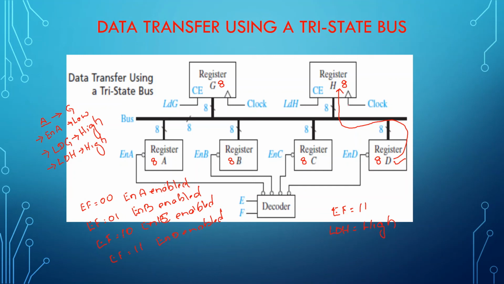You can connect the data between multiple registers and multiple registers. You can have multiple registers at one end and multiple registers at the other end, and you can choose from which register to which register the data has to go. Every register will have its own control signal. Based on the control signals, it will decide which register is giving the data and which register is accepting the data. So this is regarding your transfer of data between the registers.